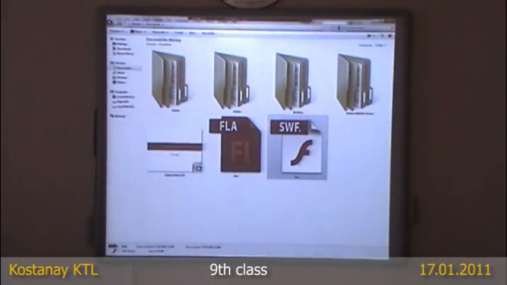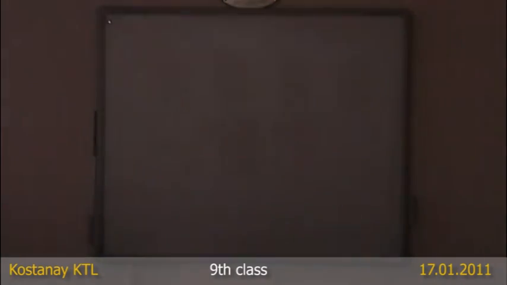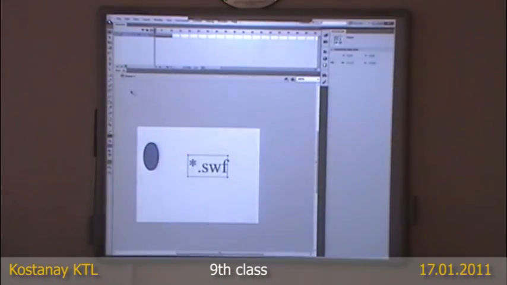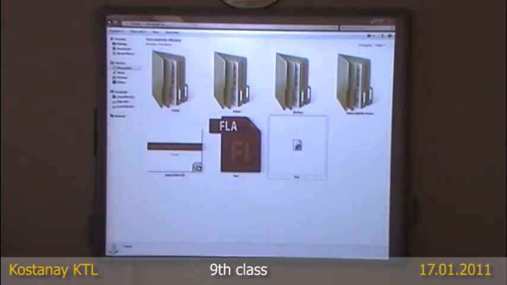FLA and SWF. Now, next. After you save, you can just close your program, etc. Now this term, you will have a lot of practices,